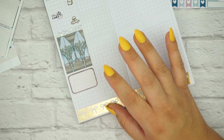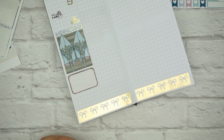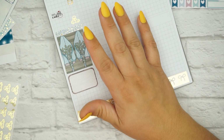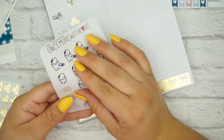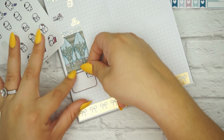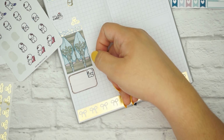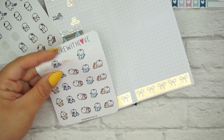Luis was almost home. He was already on his way home. By the time I called him, he was basically right outside the door. And I'm going to take this little crying munchkin from Once More With Love. And then I'm also going to use this little baby one because,